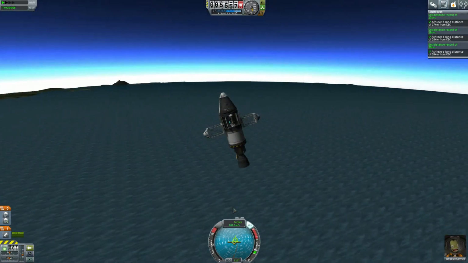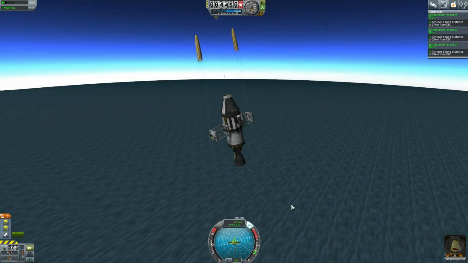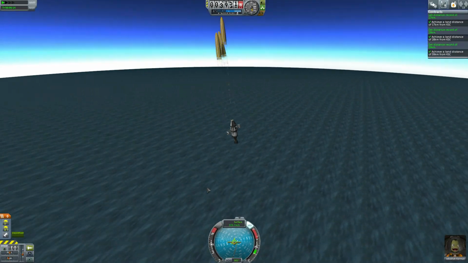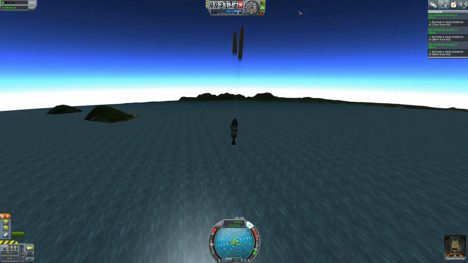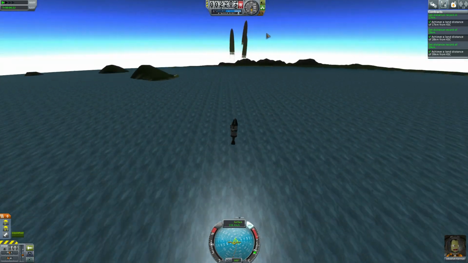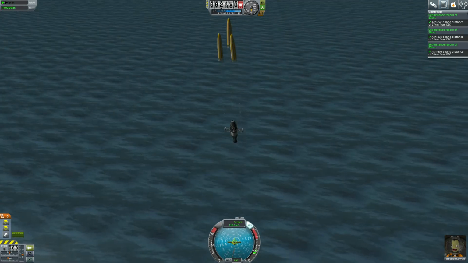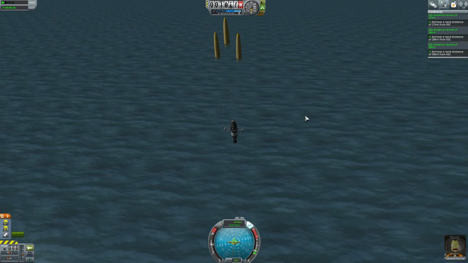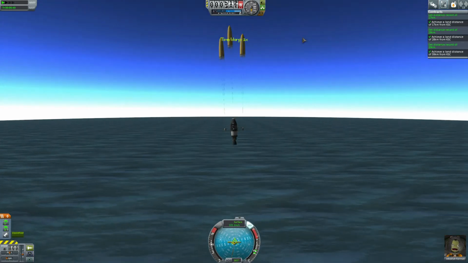Perfect. For a minute there I thought that was it for Jeb. I thought he was going to turn to dust, but oh, what was that? Hopefully that wasn't anything important. It never usually is in KSP. Let's be honest, it's not important. So we might have done it. We've just got to land now, or smash down,